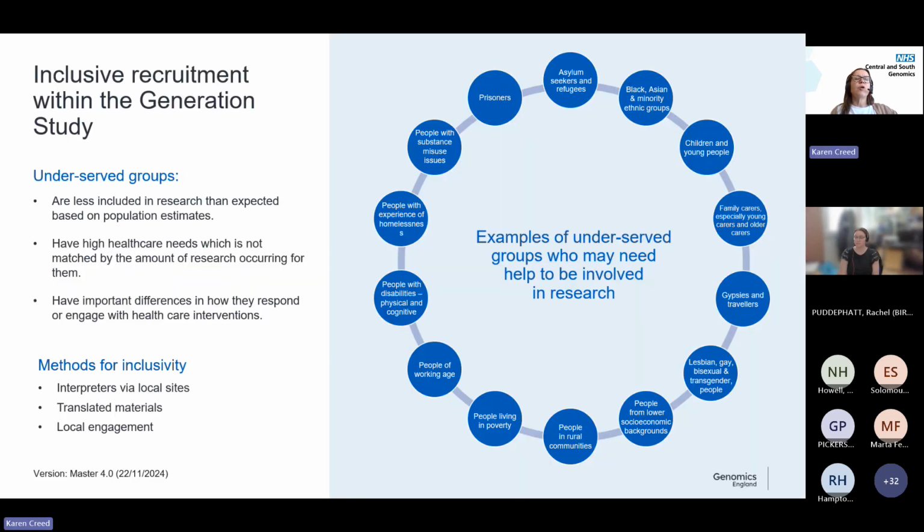So before we focus on the results, I just wanted to mention a little bit about equality and diversity within our recruitment strategy for this study. It's important that we ensure that everyone has equal opportunity to take part at our recruiting sites. This is important for any research, but particularly in genomic research. You'll probably be aware that some conditions are more prevalent amongst people whose families originate from certain parts of the world. A really good example of this would be sickle cell disease, which is obviously more prevalent amongst